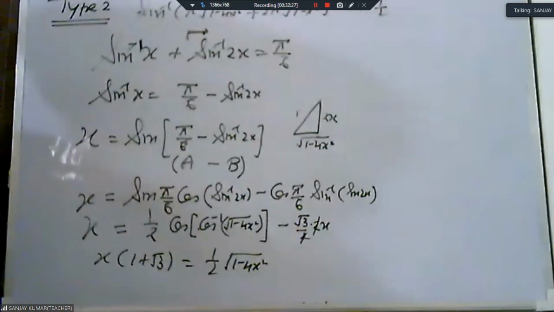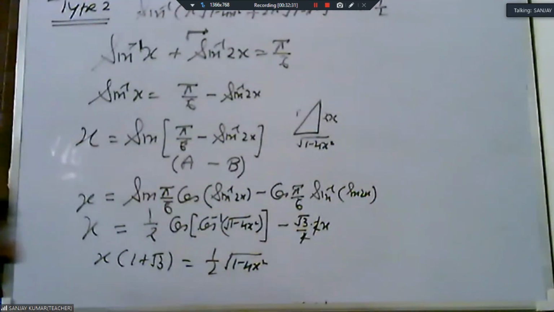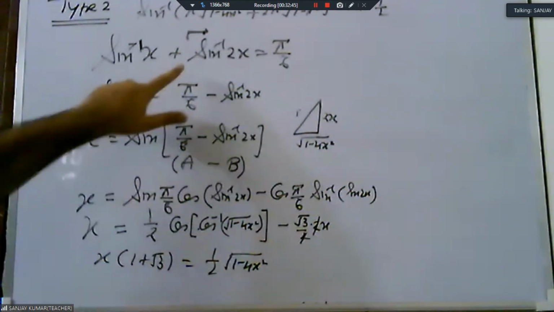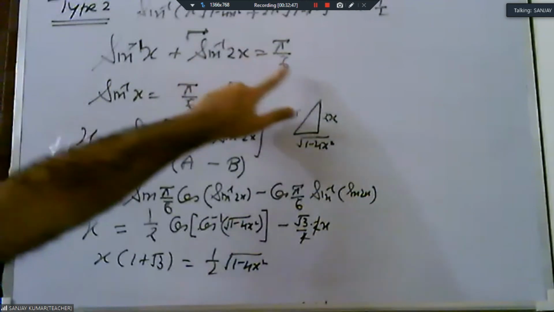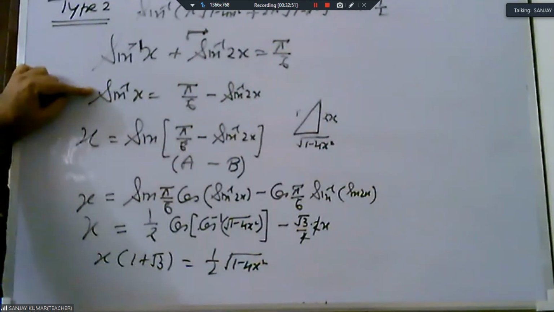The problem is that the formula is very complicated. This formula is very complicated. So if you use this formula here, you have a complicated equation, and that can be solved, because we have 2 square roots in that question, and 2 square roots means you have to square 2 times, and the power 4 will come. That's again a big problem. So what do we do? I took sin inverse 2x to that side. We are taking sin inverse 2x that side. Then this is the situation.